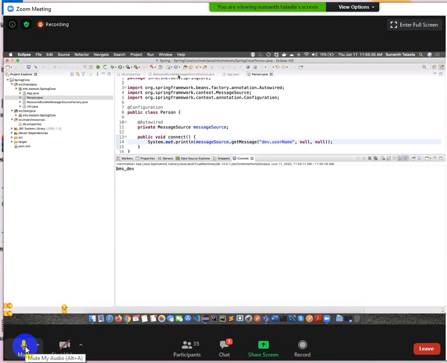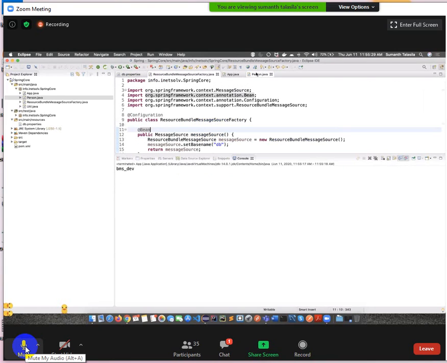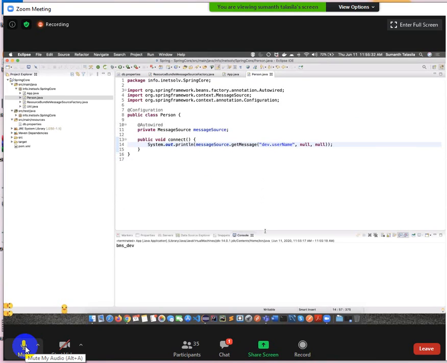But what is the problem you see in this code? Person.java is beautiful. But the problem is, do you like this method here or not? Why don't we like it? Because we are unnecessarily using it. The locale and object handler is not available. Even though it is not available, are we trying to process them or not? Yes, sir. Is it a good approach? It's not a good approach.